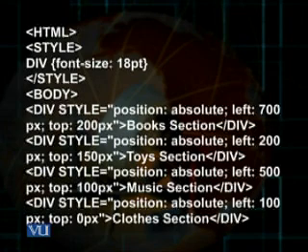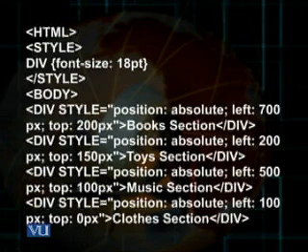Wherever we use position absolute, you should keep in mind that the values given in left, top, right, bottom, etc. in terms of pixels would be determined making the edges of the browser window the reference point. So where left is 700 pixels, that means from the left edge of the browser window, 700 pixels should be counted and the words books section displayed accordingly.